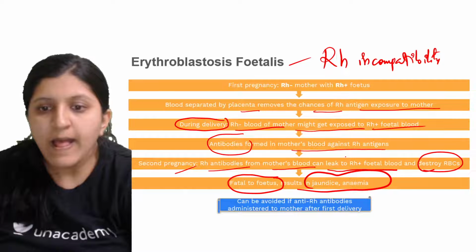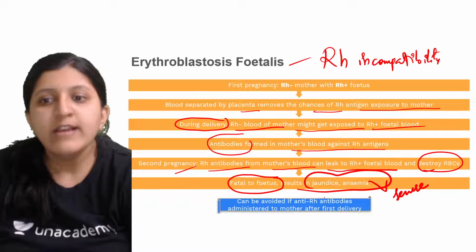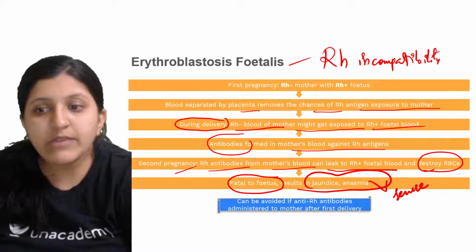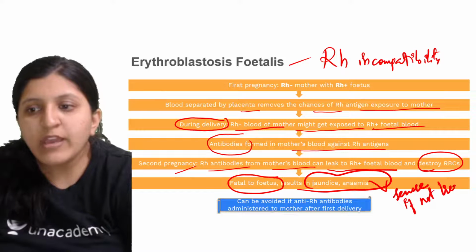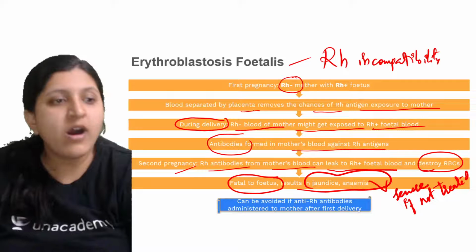So this can be a severe one. So the first one will be a milder one. The second one can be a severe one if not treated. That is why the mother who has a negative blood group always has